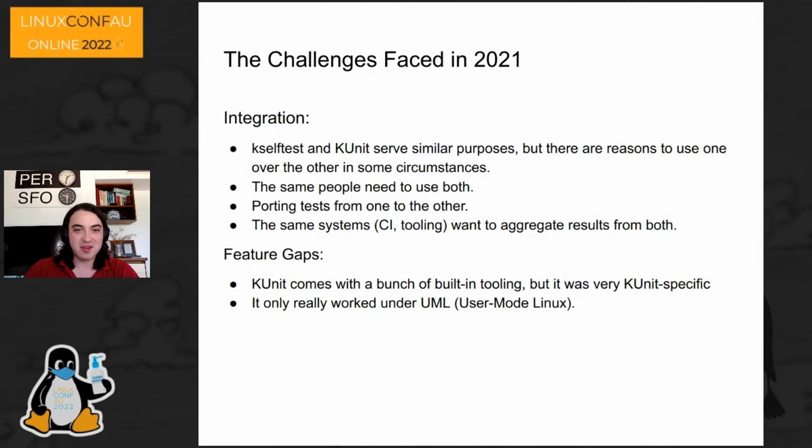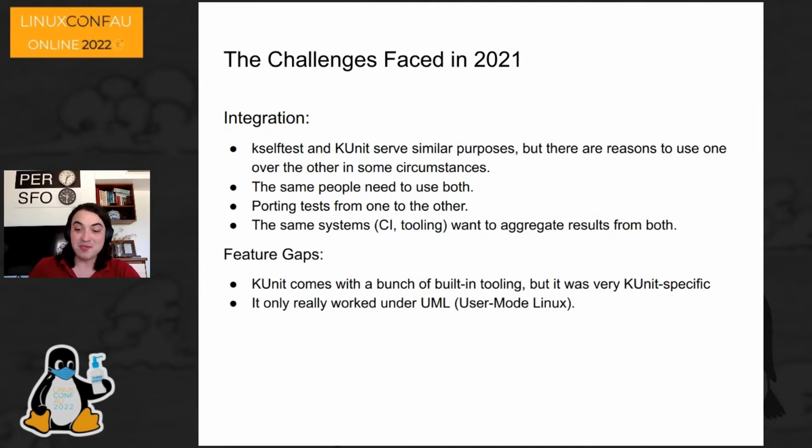UML is a custom kernel architecture which compiles the entire kernel as a normal user mode x86 Linux executable,